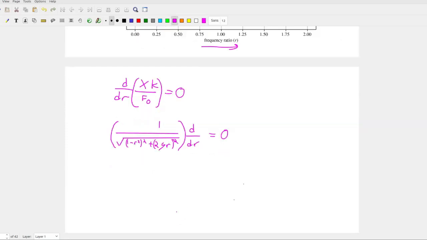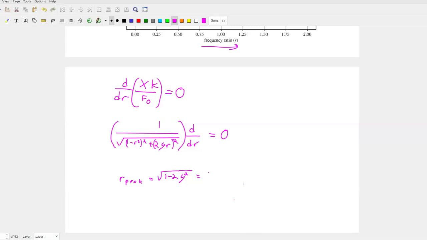And if I solve that out, I just get r peak, which is my maximum value, is equal to the square root of 1 minus 2 zeta squared,